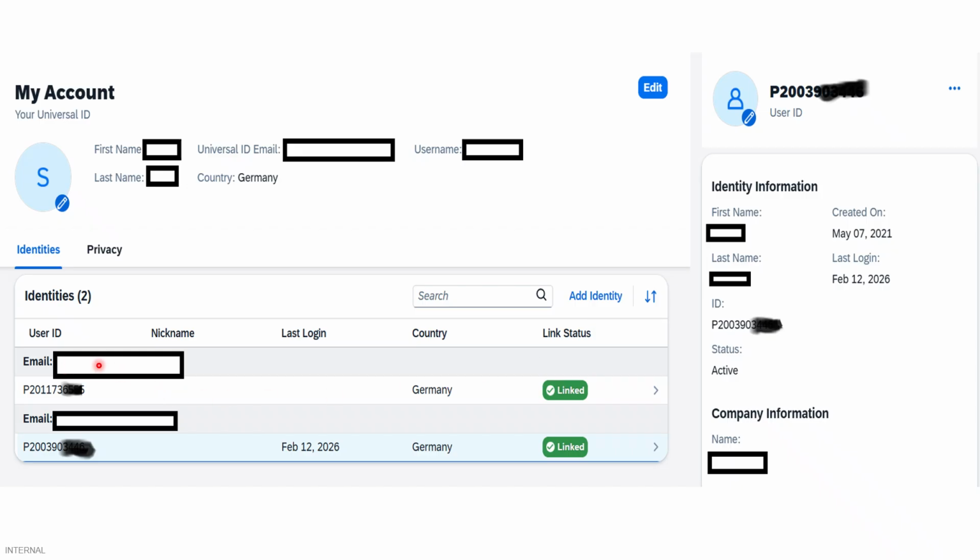Obviously the one email ID with which you created the account, and you have to add one more backup email account also. So you need 2 email accounts. If you don't add these 2 identities, it won't allow you to take up the examination. When you go to the examination, it will throw an error that says add one more identity. That means you have to add one more backup email, okay? It's very mandatory and necessary that you do this.